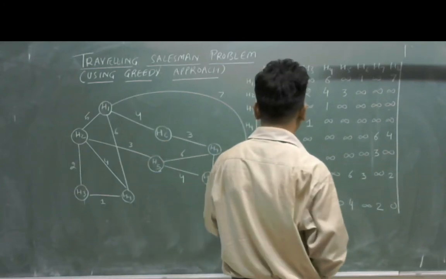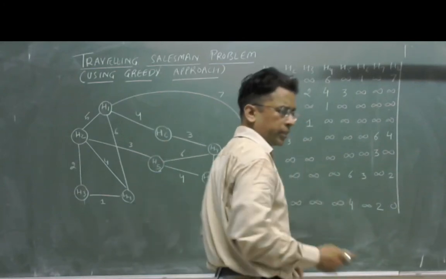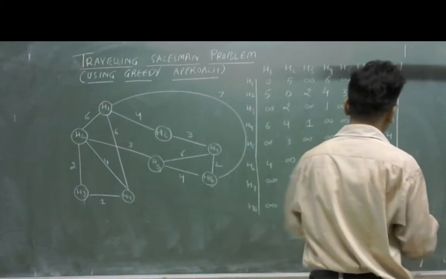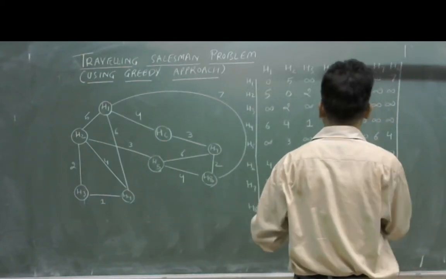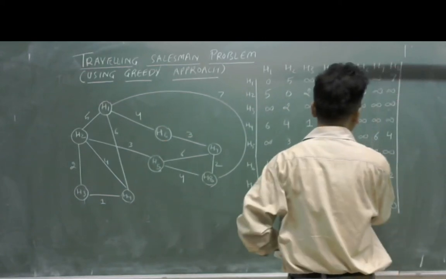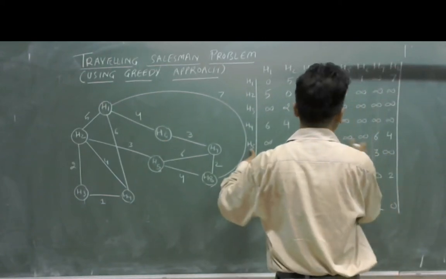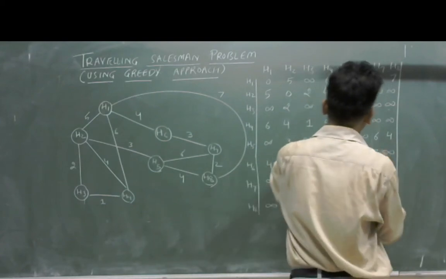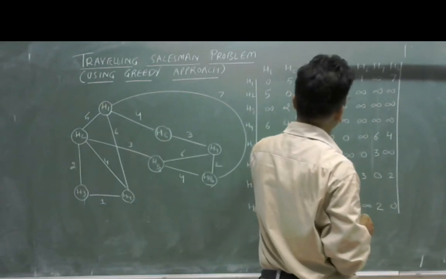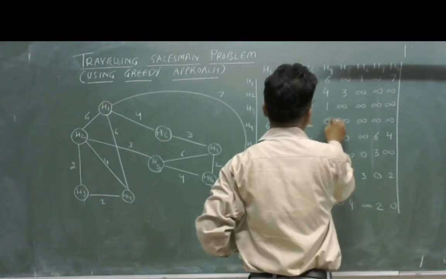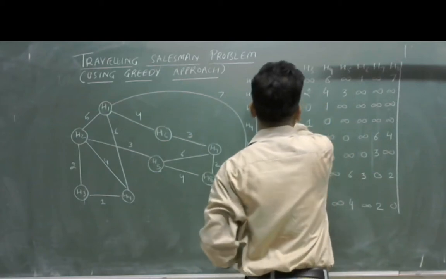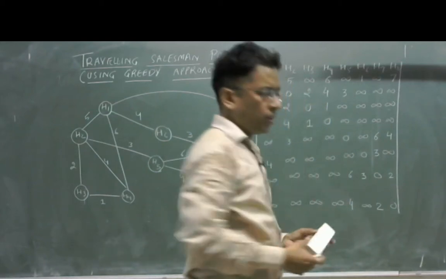Here, each node is connected to itself, so the distance of H7 with H7 is equal to 0. Similarly, the distance of H6 with H6 is 0, and the distance of H5 with H5 is 0. Similarly, the distance of H4 with H4 will be 0. Distance of H3 with H3 will be 0. H2 with H2. So